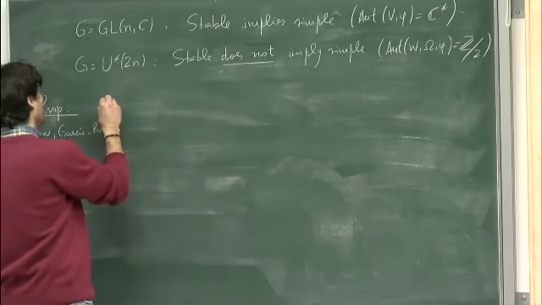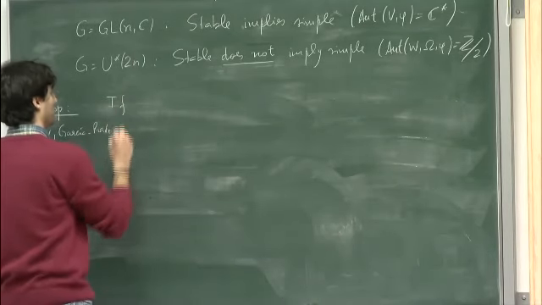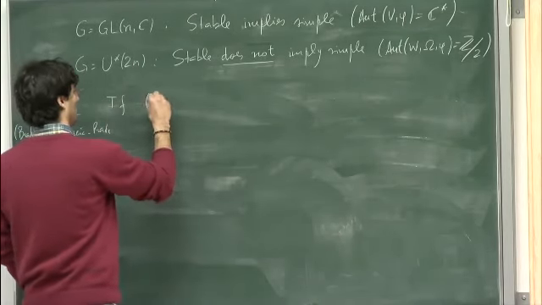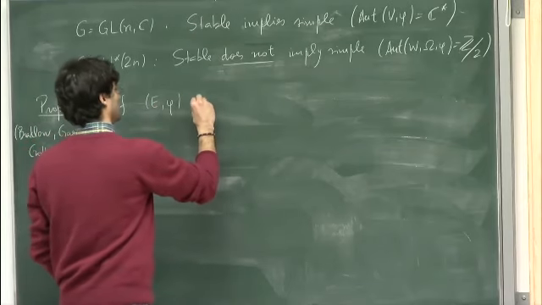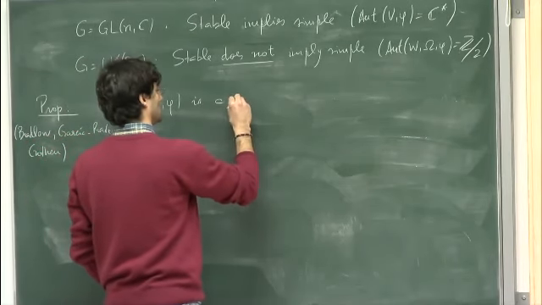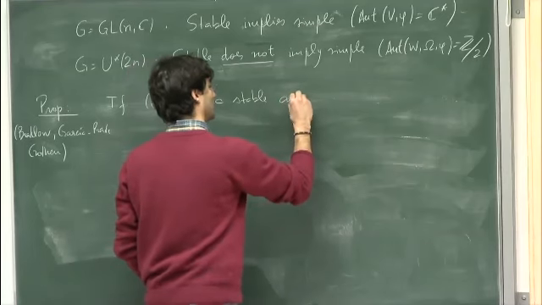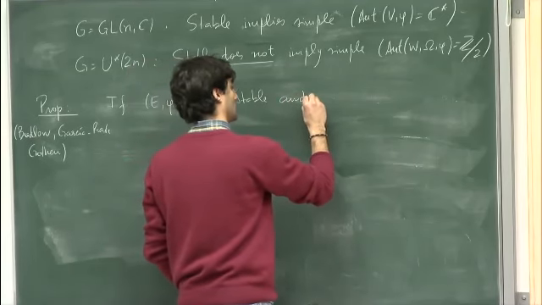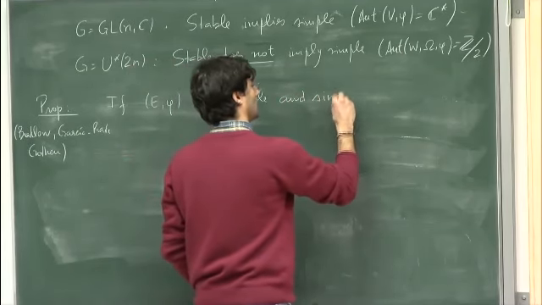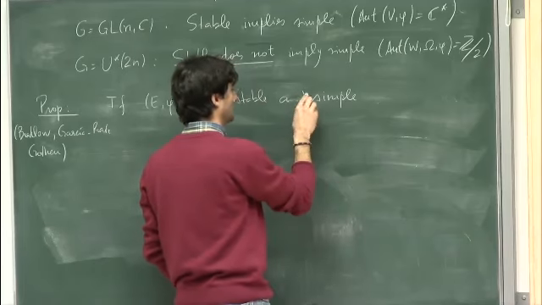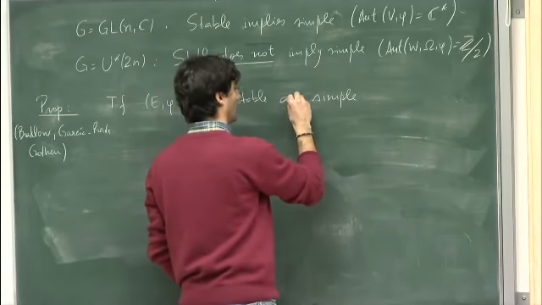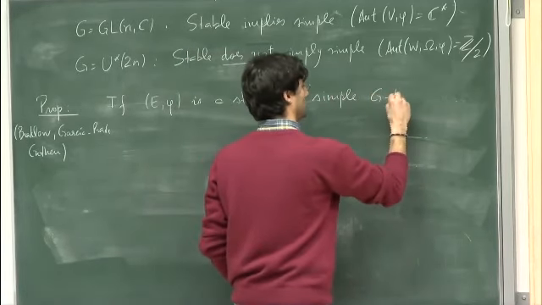So if (E, phi) is a stable and simple Higgs bundle,